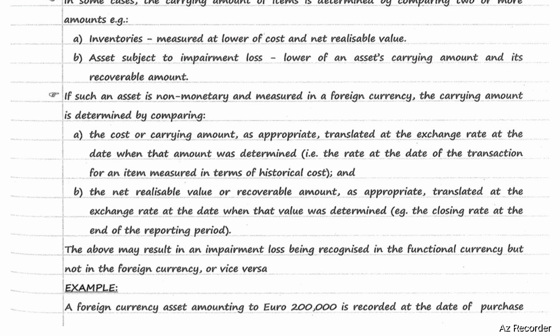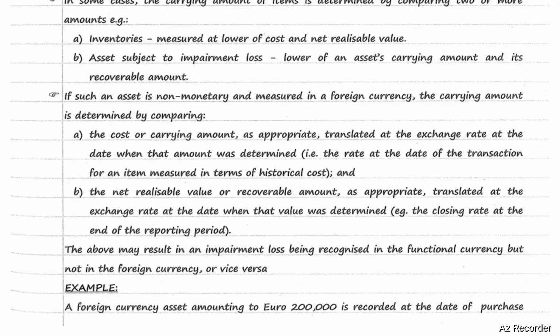That is the rate at the date of the transaction for an item measured in terms of historical cost, and the net realizable value or recoverable amount as appropriate, translated at the exchange rate at the date when that value was determined. Example, the closing rate at the end of the reporting period. The above may result in an impairment loss being recognized in the functional currency but not in the foreign currency or vice versa. For example, a foreign currency asset amounting to euros 2 lakhs is recorded at the date of